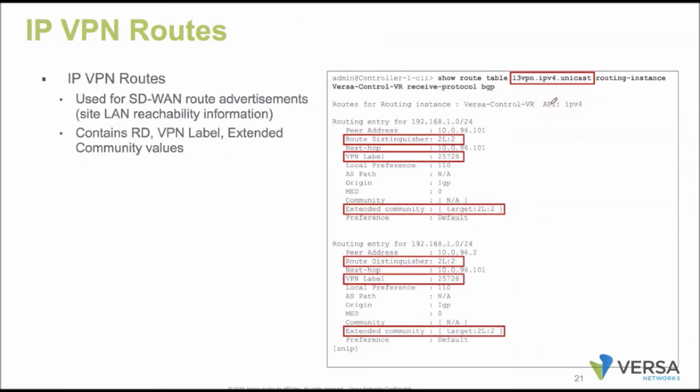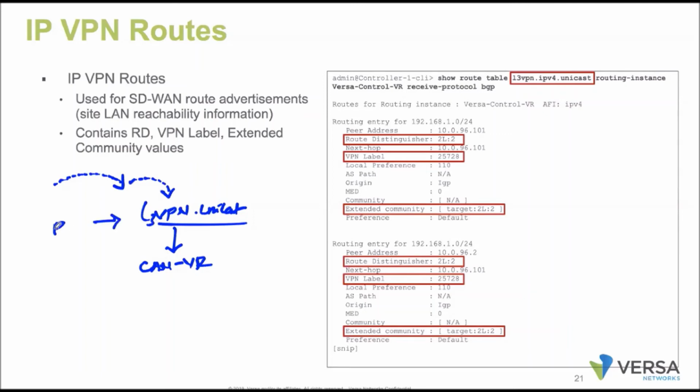Right. So coming to the LAN routes, before the routes are getting placed into the LAN VR, the routes will be placed as a part of the L3VPN unicast tables. If it is IPv4, the L3VPN IPv4 unicast table. If it is IPv6, the L3VPN IPv6 unicast table. Okay, so whenever the BGP routes are advertised, all the family inet-vpn routes will be placed in the L3VPN unicast table. Then matching with the RT information, the routes will get placed into the respective LAN VR.